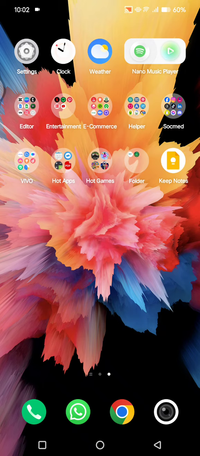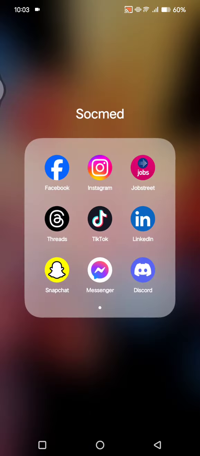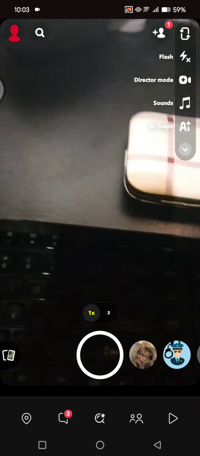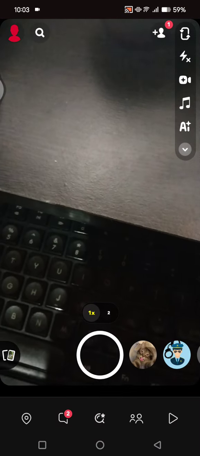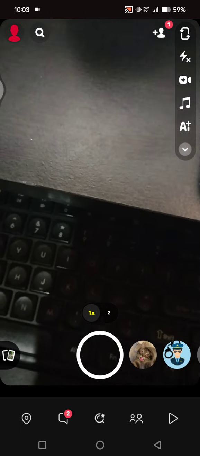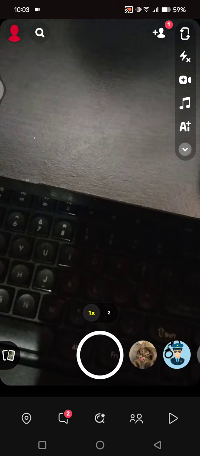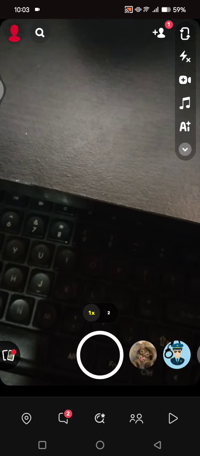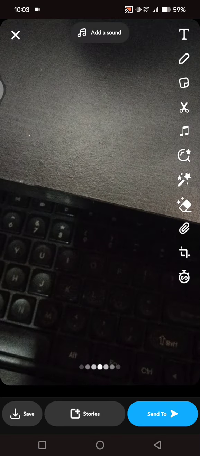On today's tutorial, I'm going to show you how you can add a link to your Snapchat story. So here I'm going to start by opening the Snapchat app on my phone. And then you can start by taking a video or photo directly from the Snapchat camera, or just choose a video to upload. So in this case, I'm going to just tap on the shutter button to take a photo,